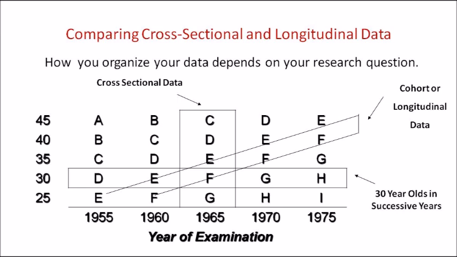C, D, E, F, G doesn't matter. So they are all examined at that particular point of time. So it will fit into cross-sectional data. That is in 1965. Clear? Doesn't matter if they are belonging to different age groups, doesn't matter they are belonging to different categories. This A, B, C, D and all, you just imagine it as different groups or different individuals. So different individuals belonging to different age groups, but they are evaluated at the same point of time, that is in the year 1965. So that particular scenario will become a cross-sectional study.